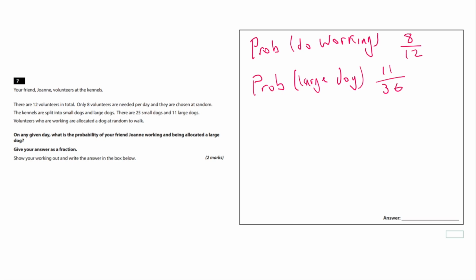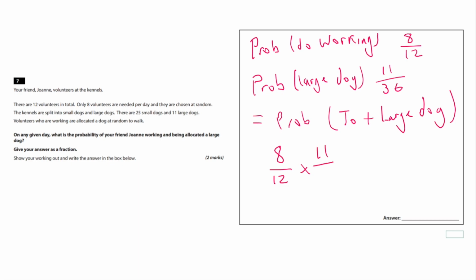Now the probability of Joanne, or Joe as we're calling her, working with a large dog, we would just multiply these two fractions together. Okay, so we just write this down. The probability of Joe plus large dog would be the fractions multiplied together, so that 8 over 12 times 11 over 36, which would equal, so 11 times 8 at the top there is 88,